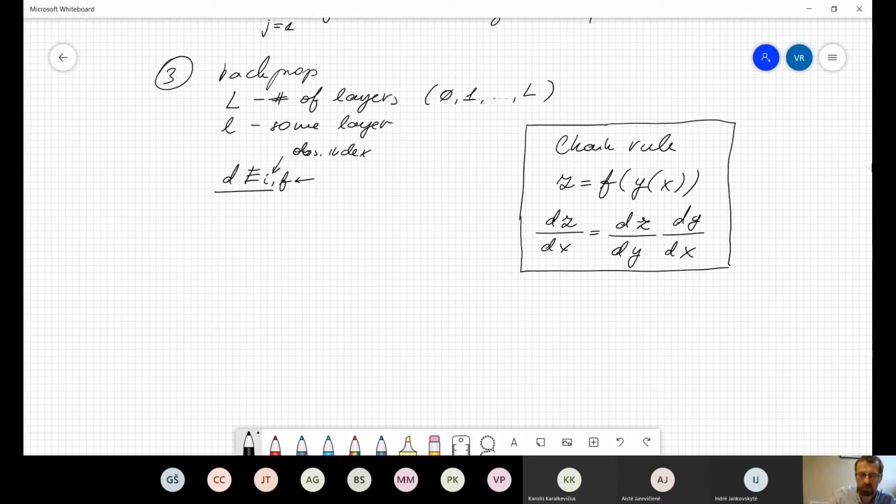This is the local error, or the output neuron number. In our toy network we have 2 output neurons, so it will be 1 and 2. And when we have a derivative with respect to some weight,